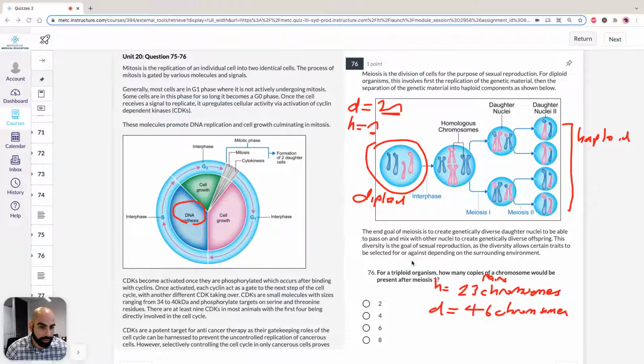But the question here is asking about a triploid organism, which is an organism with not one, not two, but three copies of the chromosome. In haploid we have one copy, in diploid we have two copies, which is shown here, and in triploid we have three copies. If we take a quick look, the way this was drawn might confuse you, so let's look at just one gene: one chromosome from the mum, one from the dad. Remember, this is diploid, so we don't confuse ourselves here.